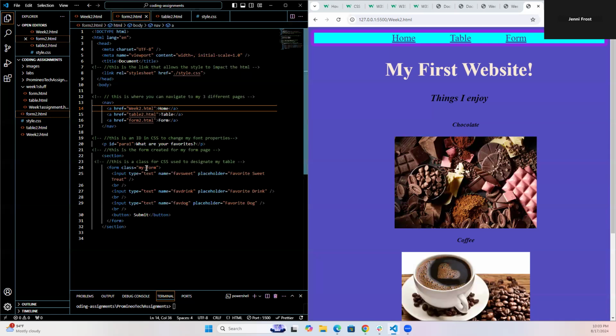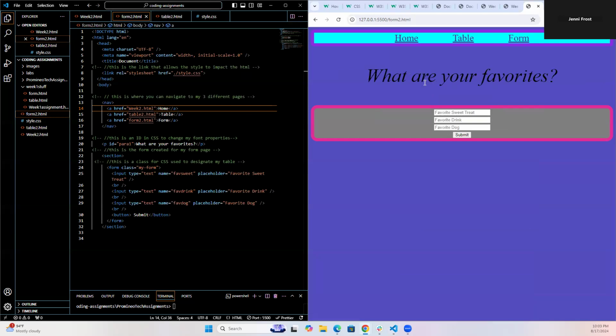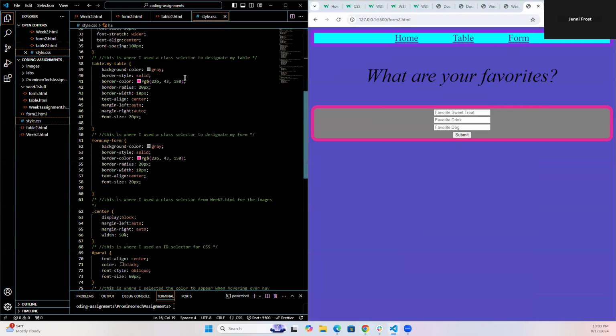I set up a class called my form. And then I have an ID here for para 1. What are your favorites, to differentiate the font for my table and form fonts? And then I'll take you over to the